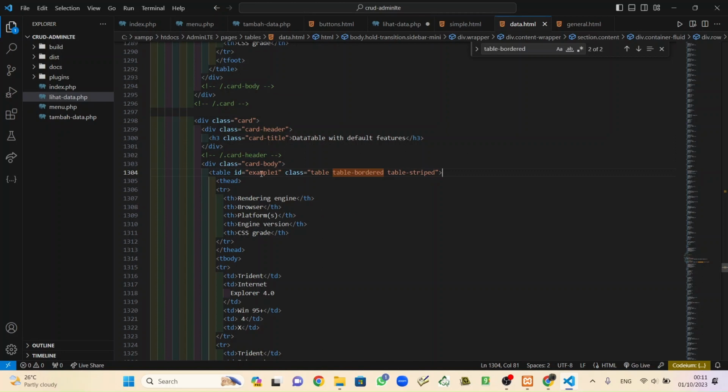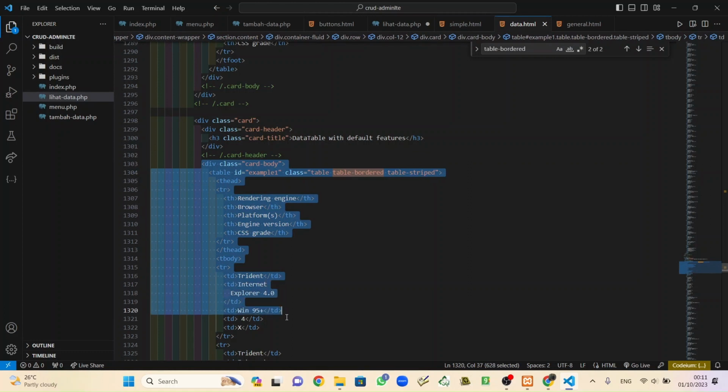Okay, example one, card body, table. Okay, we will copy from this card header, just from this until tr, just this.